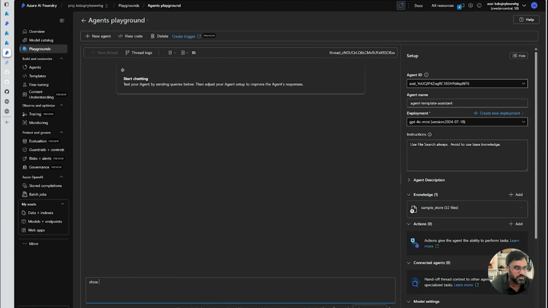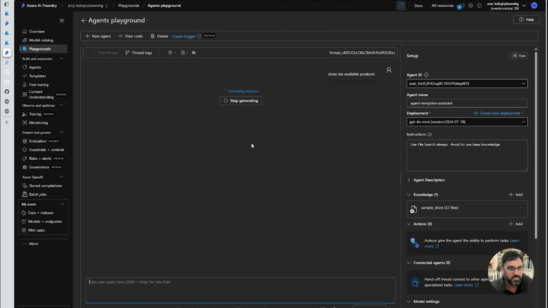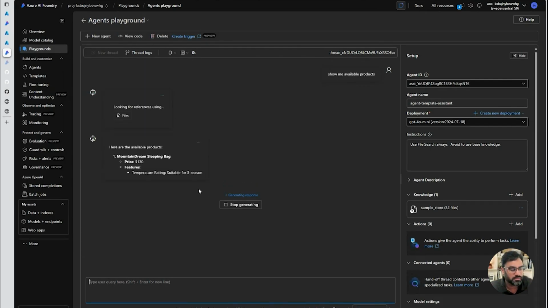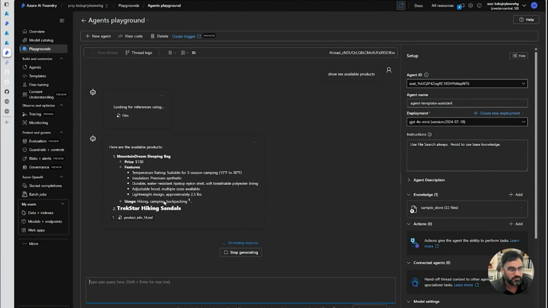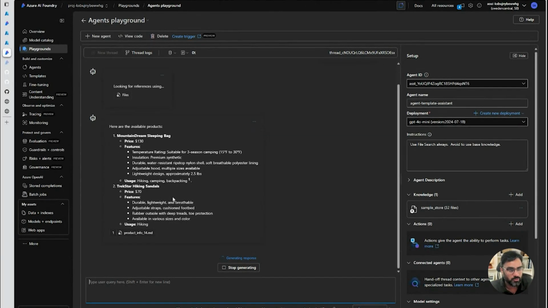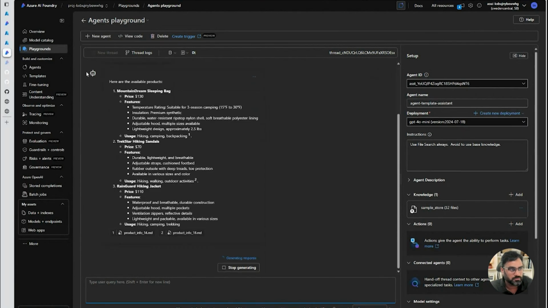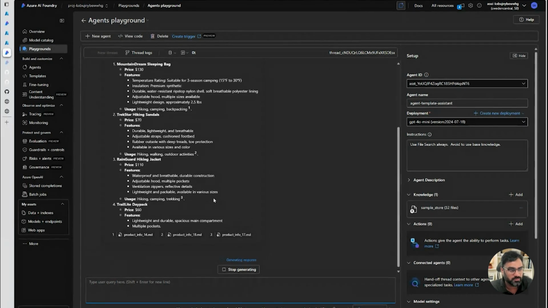I ask it to show me available products, and it will return the same response that you saw from the other page, right? If you don't have the web application built, but you want to test how things are working from the backend, you can always come here and start testing using the playground offered here.